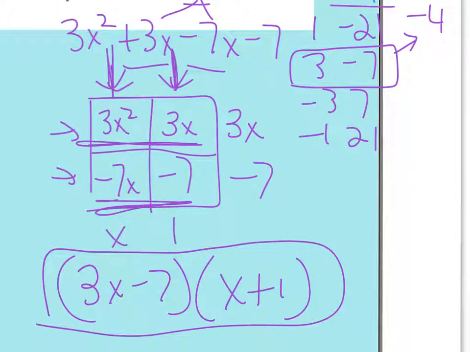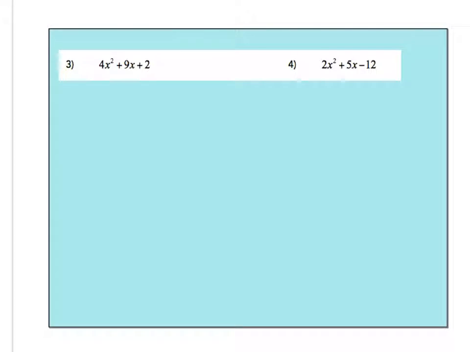Either way works. Either way will work. You just got to figure out which way is more comfortable for you. I honestly don't care which way you do it as long as it works for you and you get the right answers. So if I look,